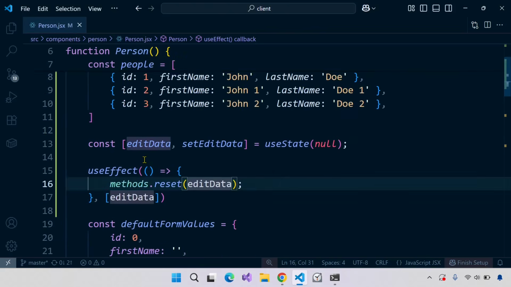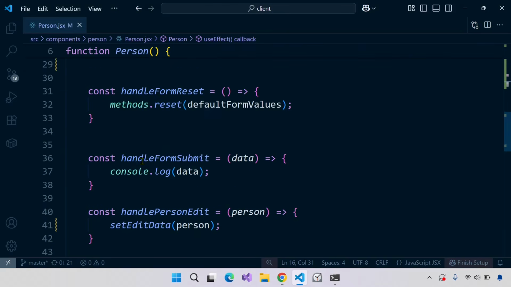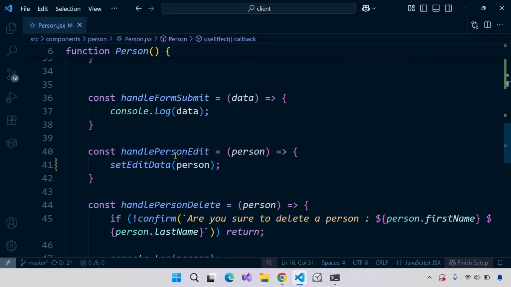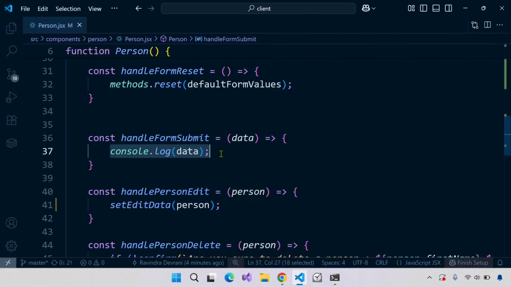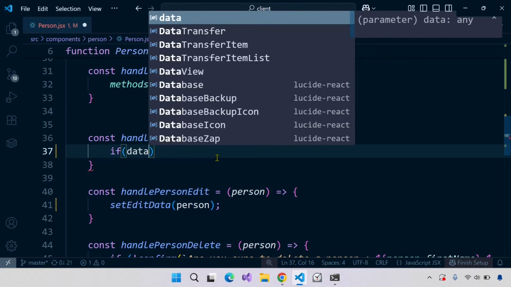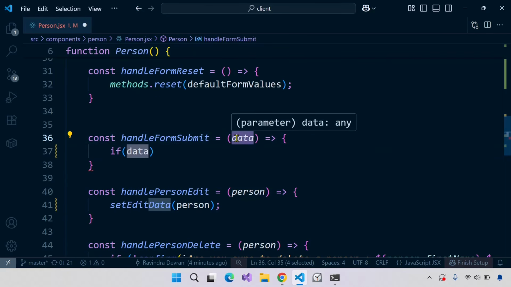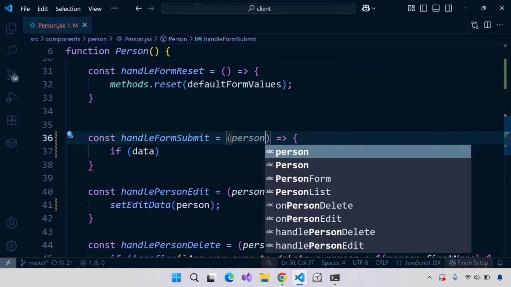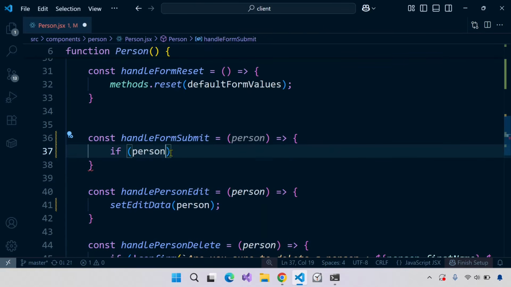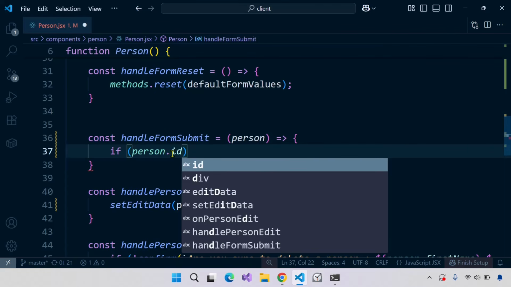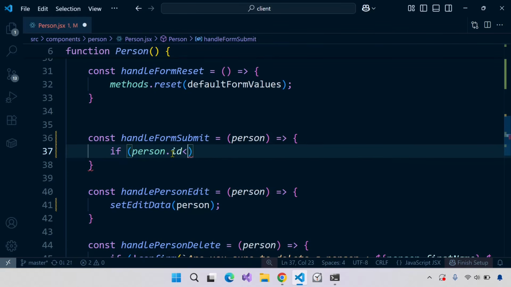Okay, now let's go to the submit form. Where is it? Handle submit form, and let's just check here if data, and let's name it person, makes more sense. Person, if person.id is less than 1,